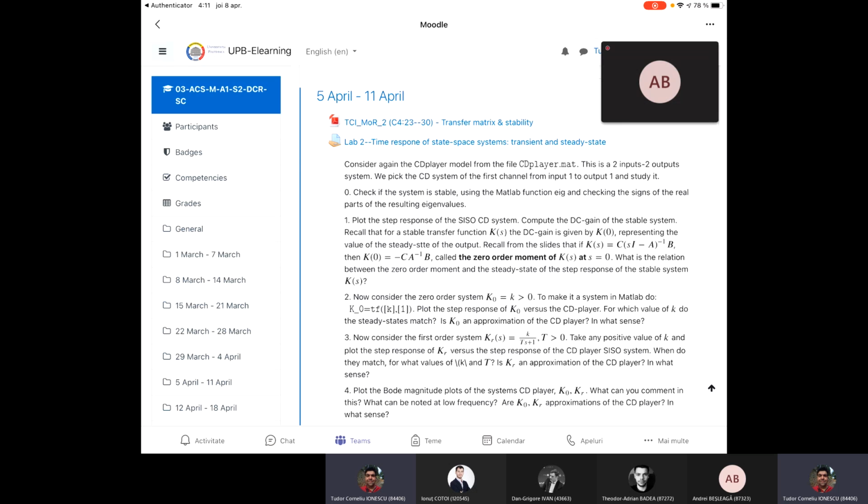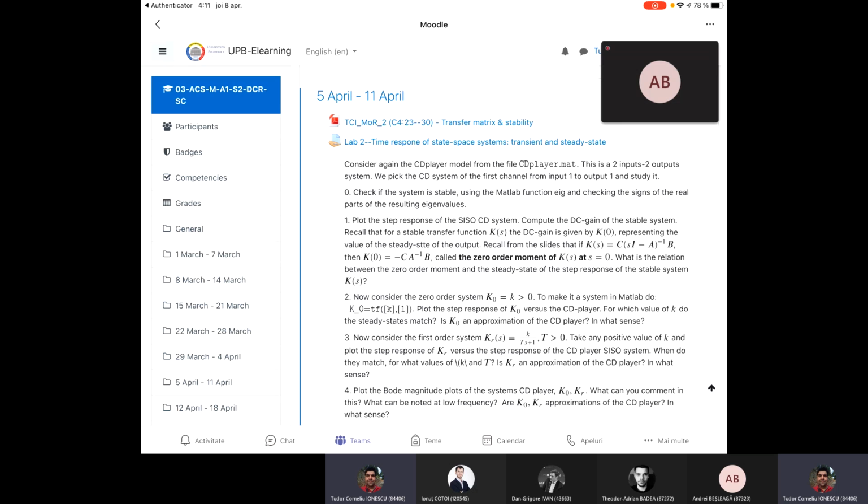step response, okay, and then you have to characterize the step response in terms of the moments of a transfer function, okay. Those are values of the transfer function and its derivatives at specific points. For instance, at 0, okay, and this is related to the step response and so on and so forth, okay. All right, I'll just have a short mention about the moments when we go back to the